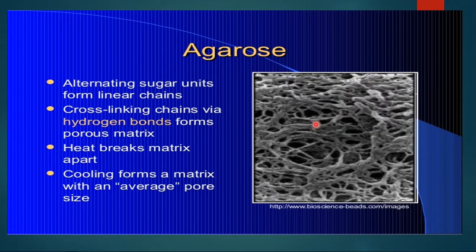So this is how the agarose gel is going to look in microscopic observation. Agarose is a mixture of polysaccharide extracted from seaweeds. From the seaweeds we are going to extract this agar, and agarose is a highly purified, uncharged polysaccharide derived from agar. The quick difference between agar and agarose is that agar is a polysaccharide extracted from the seaweed that we all know, Gelidium species. Now this agar is highly purified and made into an uncharged polysaccharide, which we call agarose.